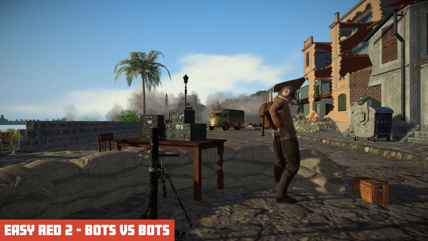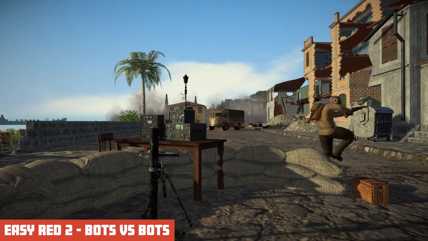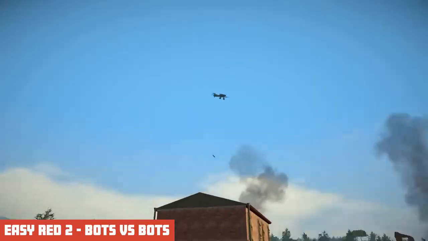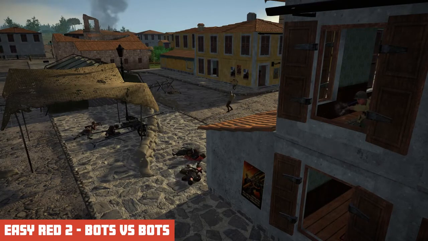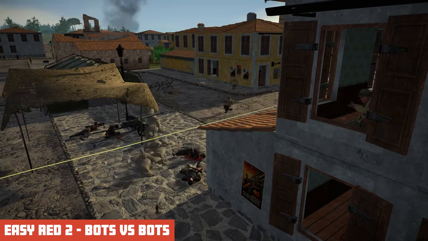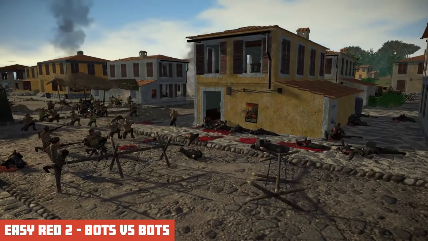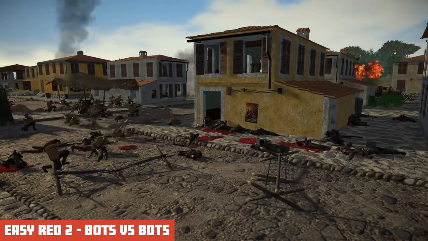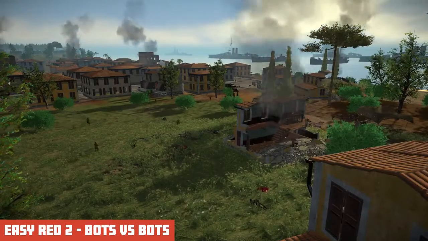Yeah, because I went back and played just the other day. I went back and played the original Call of Duty, which is still a pretty good game considering how old it is. And it did have the vibes of Easy Red 2. It kind of gave you the feeling of Easy Red 2, except Easy Red 2 expands on all of those games because you have that wide open map, which is really nice.